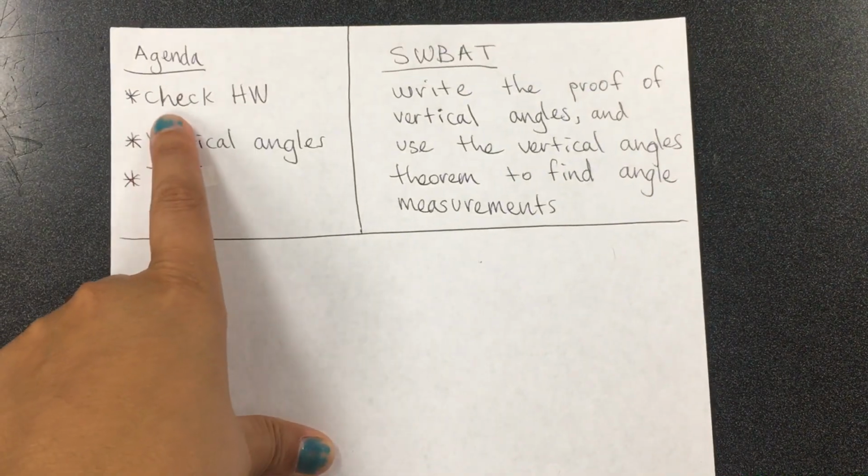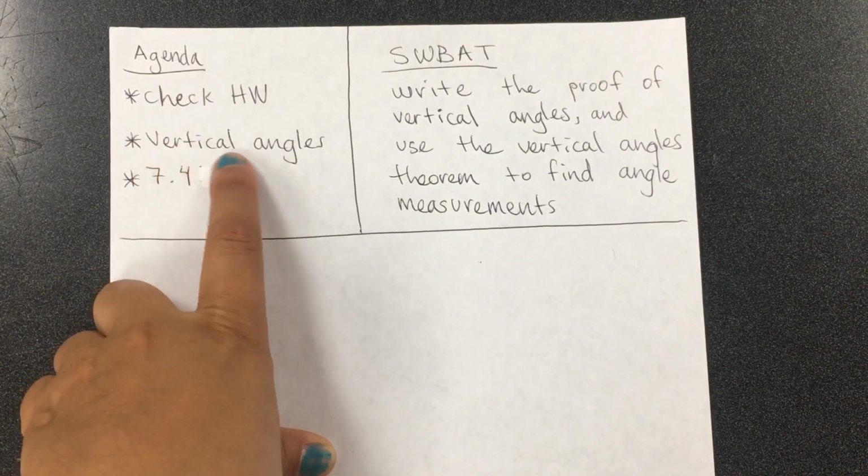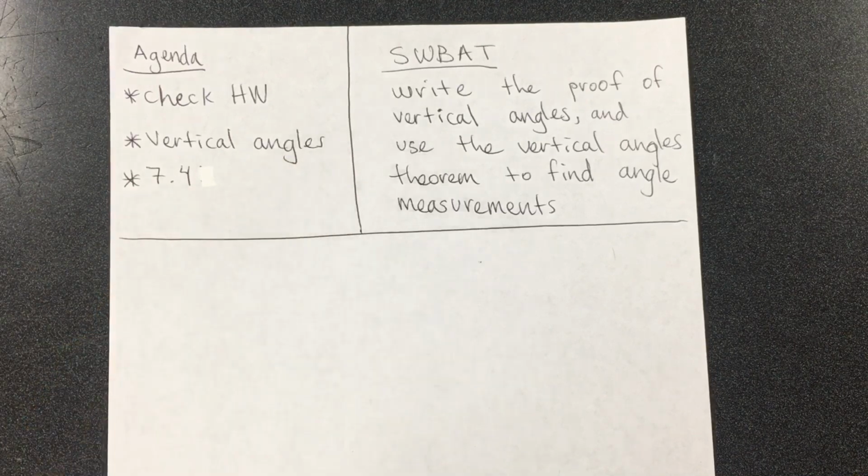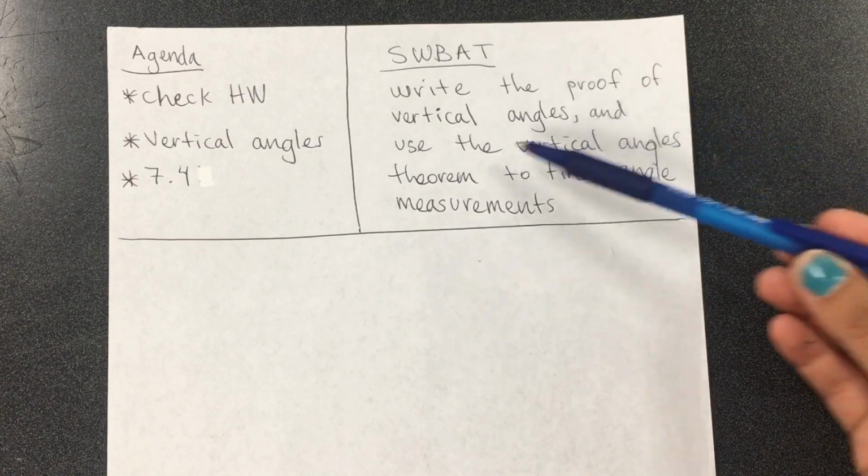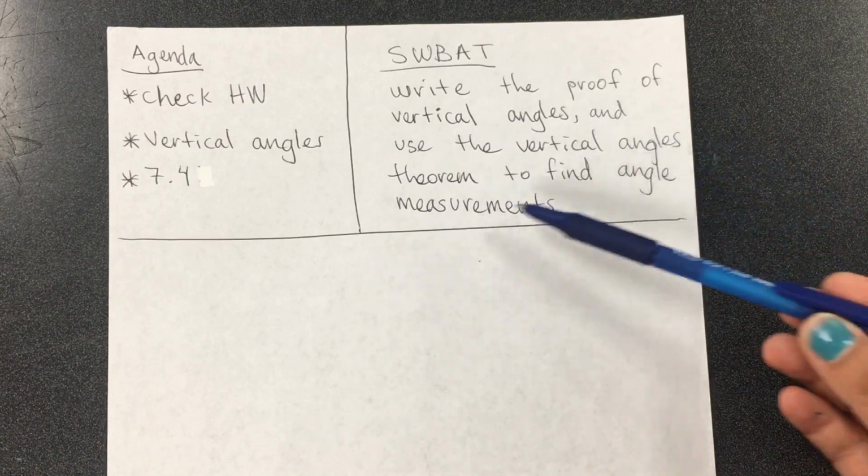Hello students, today's agenda is to check homework. We'll be looking at vertical angles and you will be able to do 7.4. Today students will be able to write the proof of vertical angles and use the vertical angle theorem to find